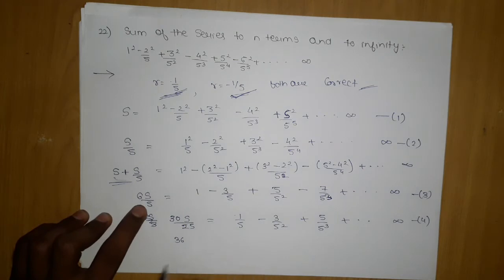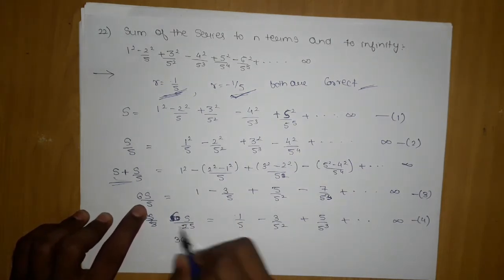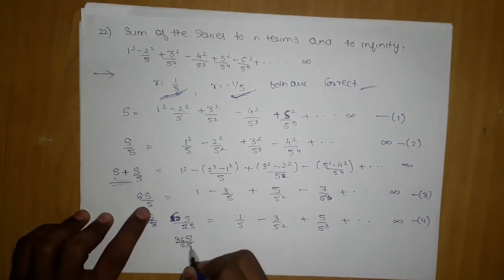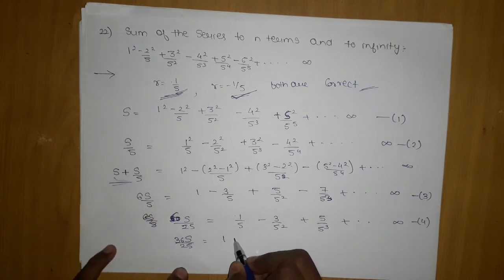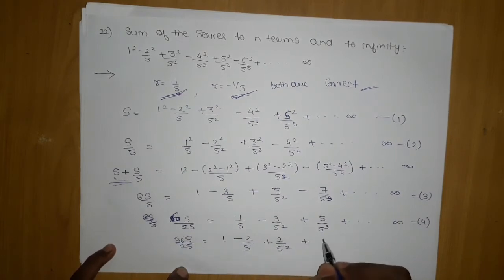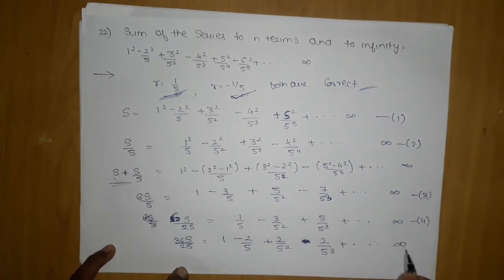Okay, this will not become 30, it will remain 6 only. You will just multiply 3 by 5, you will get 36 upon 25, and here you will get 3 minus 1, which will give you minus 2 by 5, and this will give you plus 2 by 5 squared. The moment you start getting some constant on the top and getting this type of pattern, you have to stop there.